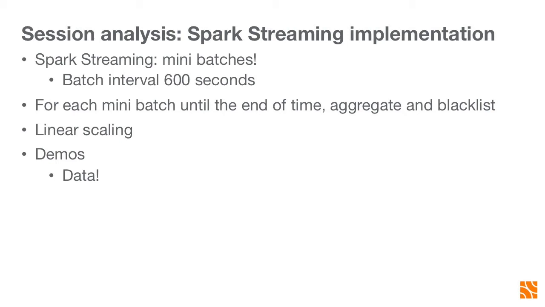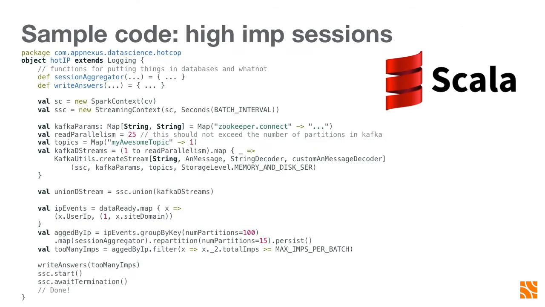The nice thing about it is there is pretty linear scaling for all this stuff. So if we need to increase or decrease our capacity, it's very easy with Spark just to say, hey, give me another 10 computers, give me another 5 computers, whatever. So it's cool. Or take them away. So this is actually a program that I am running right now, as a matter of fact. And it's written in Scala, which is a programming language that you can use to work with Spark. And basically, this is pretty much it.